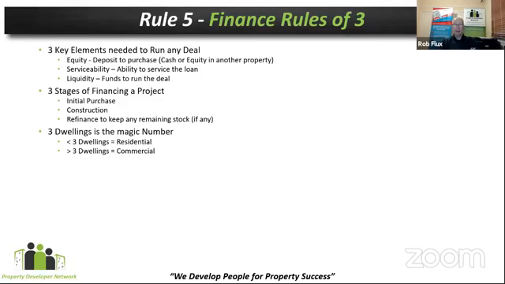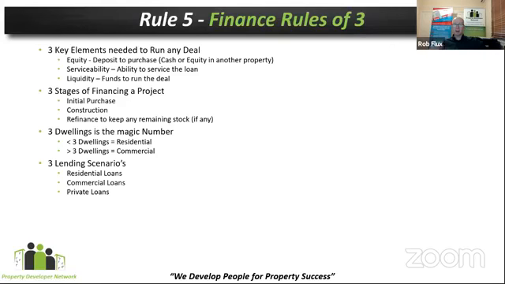The next rule of 3 is 3 dwellings is our magic number. If we've got less than 3 dwellings, then chances are we can actually get residential loans. If it is greater than 3 dwellings, then chances are it's going to have to be a commercial loan. That changes massively the interest rate that we have to borrow at, the amount of equity that we actually need in the deal. And so if you're very new in the process, you may be able to get residential loans as you're kicking this off. But as your deals start to scale in size, more and more likely, you're going to be needing commercial funding in order to get the construction stage of your project underway.